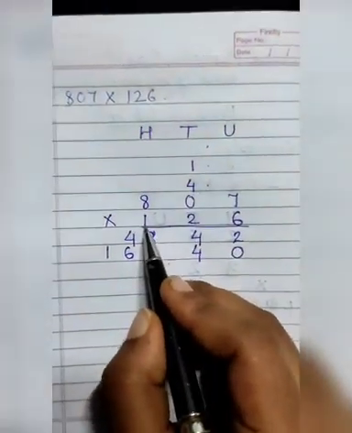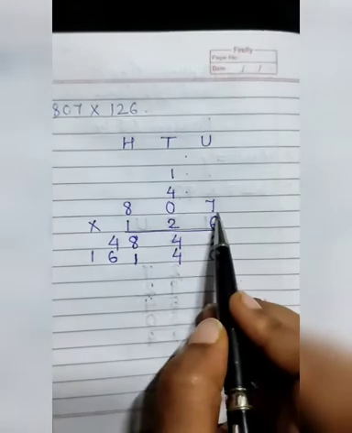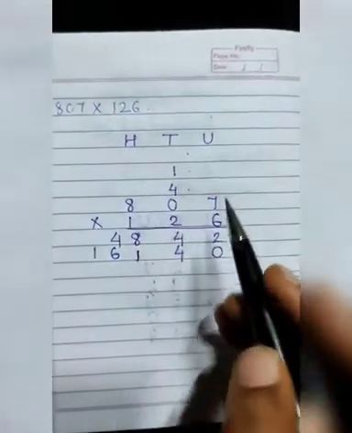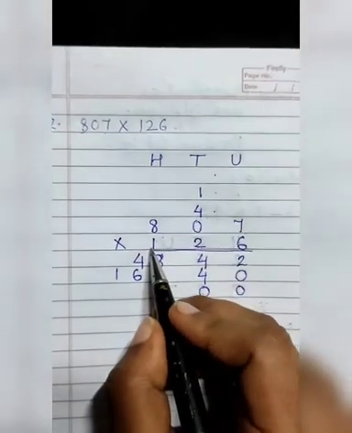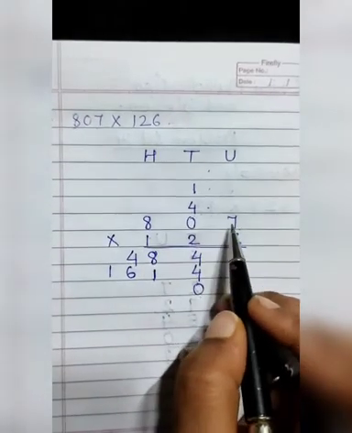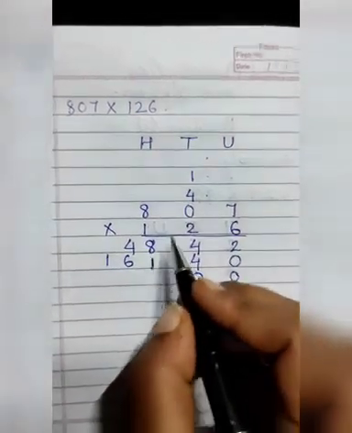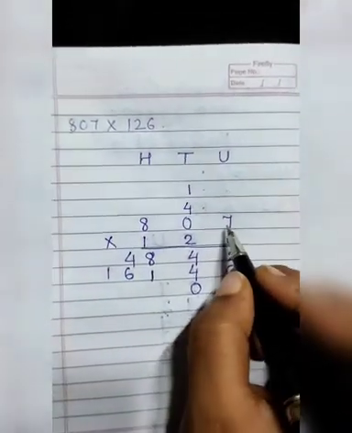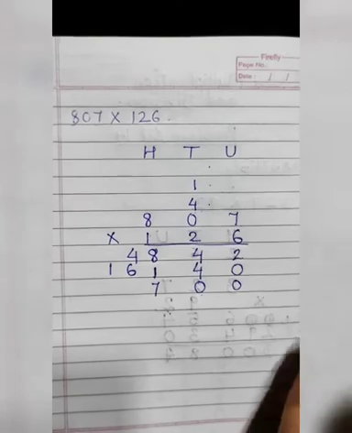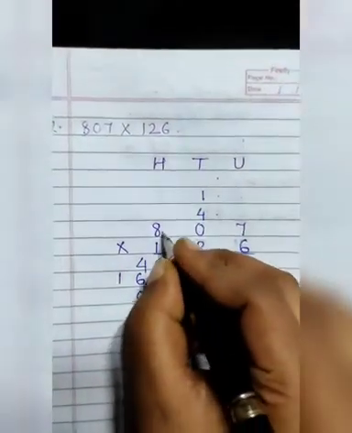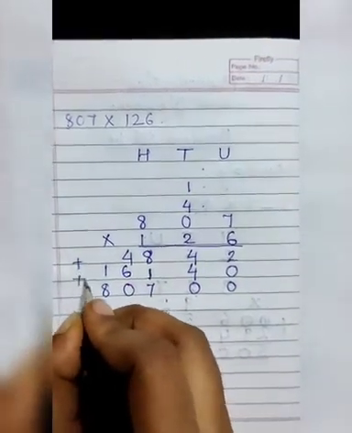Now we will take the third number. Now students, as we will multiply 1 by these numbers, 1 is at hundreds place. So now we will be writing here 00, because we are going to multiply these 807 by 100. So that is why we will write here 2 zeros. Now we will multiply. 1 seven is 7. 1 times 0, you will get the answer 0. Now 1 eight is 8. So we will do plus of these three numbers.